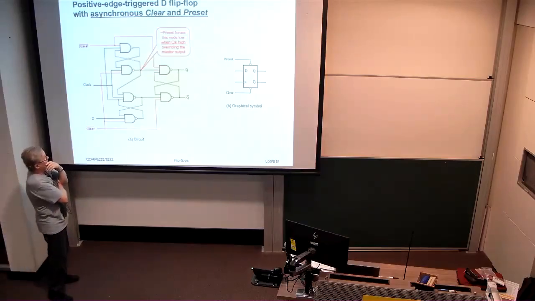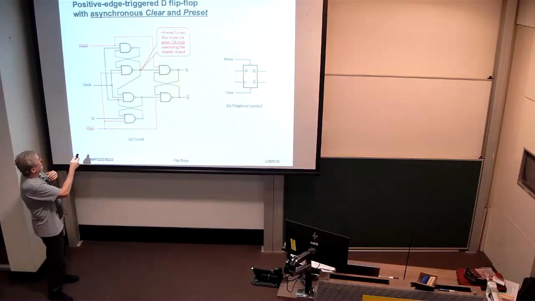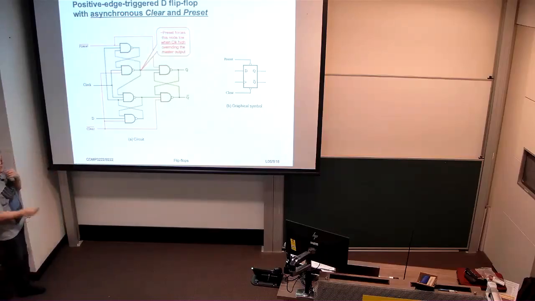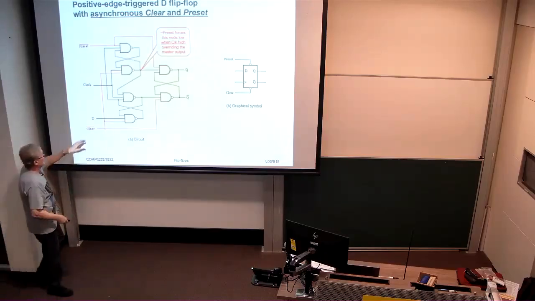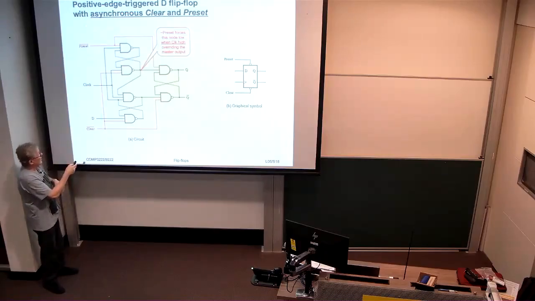Because they get complemented. So having this not preset be low forces this output to be 1, and therefore together with the 1 here, the 1 there, and the 1 that's on the not clear line, since we're only either presetting or clearing, assuming we're presetting, we only have 1 inputs to this NAND gate,